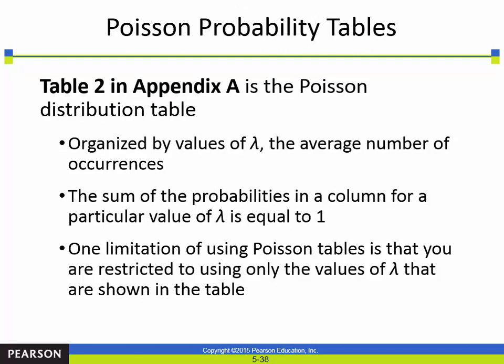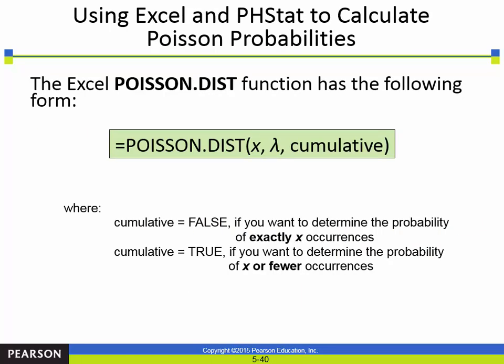Again, there's a table if you want to use it, but why would you do that when you can use Excel? I'm not a big fan of tables myself. It seems like the possibility of screwing it up is high for me. Probably because I'm not coordinated. Can't bring my two fingers together in a straight line. But I can type in Poisson.dist, parenthesis, x, comma, the mean, comma, either cumulative, true, or false. And again, the cumulative true or false just has to do with, do I want the exact number for x, or do I want for x and all numbers lower than it? And again, that'll be clearer as you see some example problems.